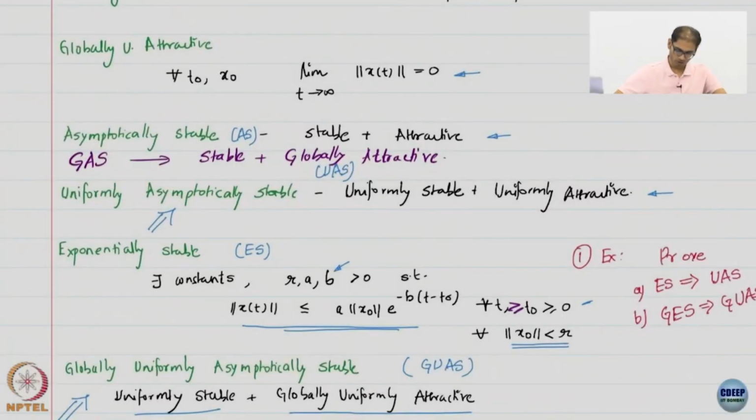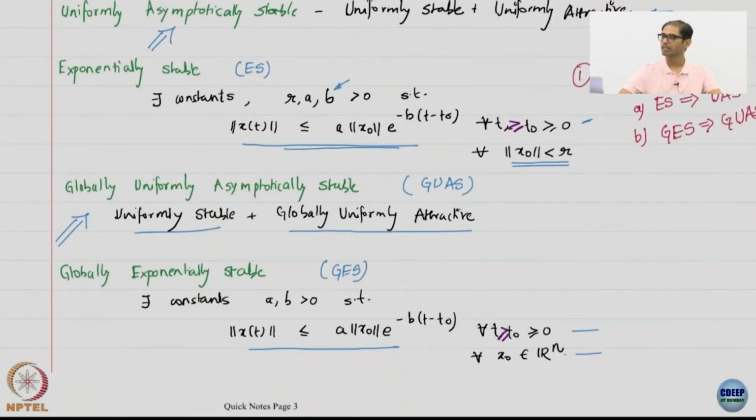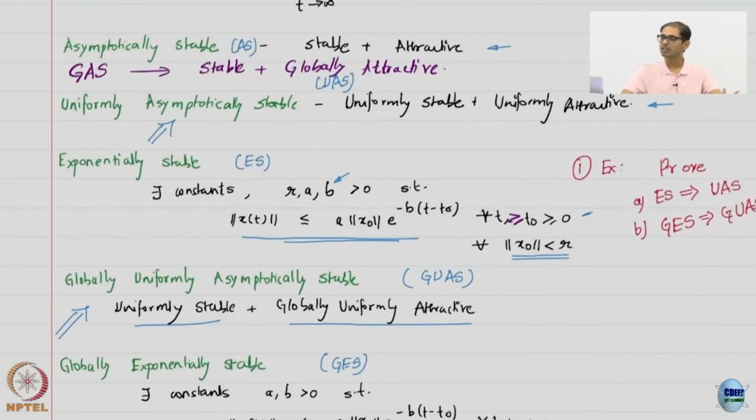Alright, so great. We have pretty much all the stability notions that we require covered, pretty quick. Once you understand, like I said, stability, uniform stability, attractivity, you are more or less done. All the other notions are just combinations of one or the other of the two, and you understand how to strengthen them. You do not have to necessarily remember the sequence and all that.